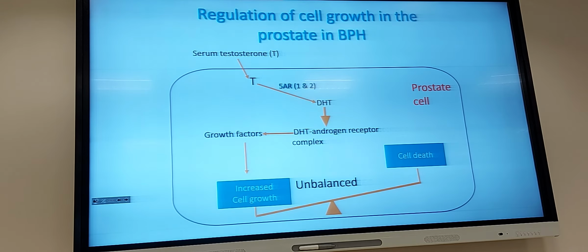Two isoforms. Actually, in the body there are 3, but probably in prostate we have 2. And as you know, when DHT combines with its receptor, this whole complex gets translocated to the nucleus, and then it will act on some genes. It will affect the gene expression, and it will lead to expression of certain growth factors and cellular proliferation, that probably you have done in pathology. But overall, it tips the balance in favor of more proliferation and growth of the prostate,